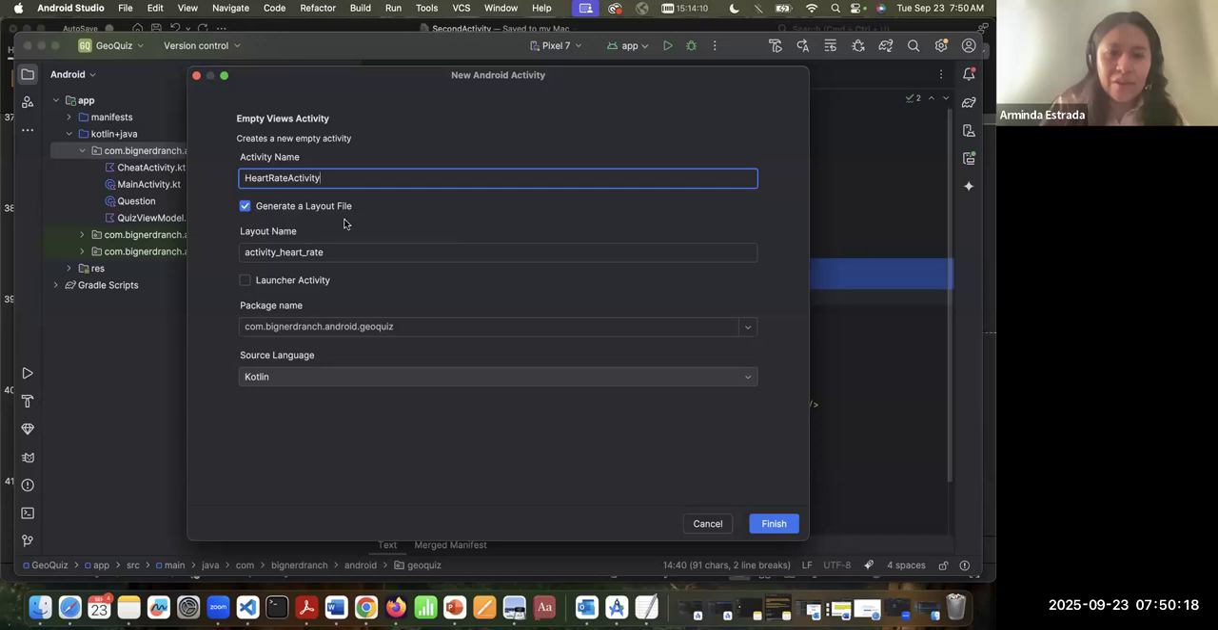Make sure the generate layout file is there. Then we go ahead and do the layout name. Again, if you fill this in, this is going to be pre-filled out for you. The package name is going to be the same, and then Kotlin. And then when we press finish,